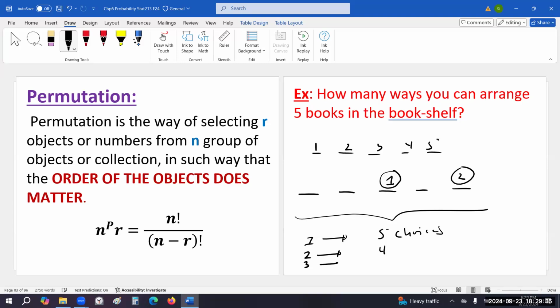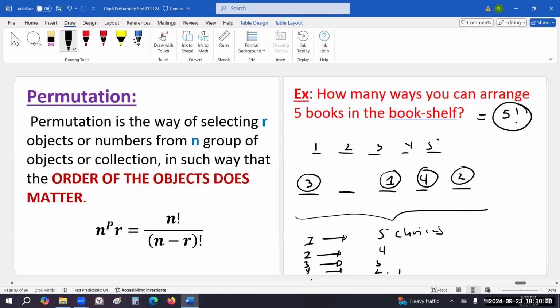So for the third book, how many choices do we have? 3. Let's say I'm putting it here. For the fourth book, how many choices do we have? 2. Let's say I'm putting it here. That means when the last one comes, how many choices do we have left? 1. Remember the factorial: the outcomes you have in each trial, you multiply all of them. So it's 5 times 4 times 3 times 2 times 1, which is simply